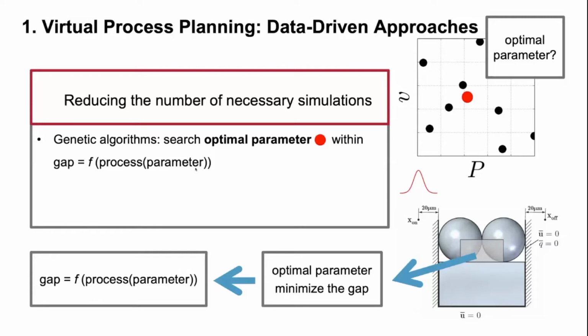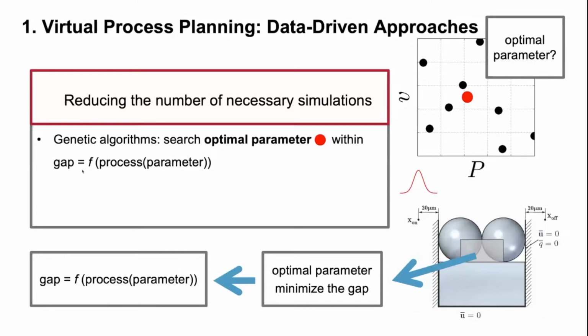We create random offsets of parameter sets, and then it's an iterative process where this cost function, this gap function, is always evaluated, and then new parameter sets are created from offspring of the previous generation, and new random parameters are introduced into the algorithm. So it's a gradient-free optimization strategy,